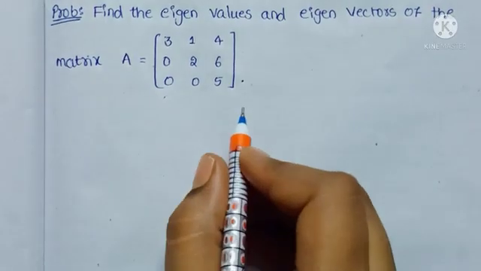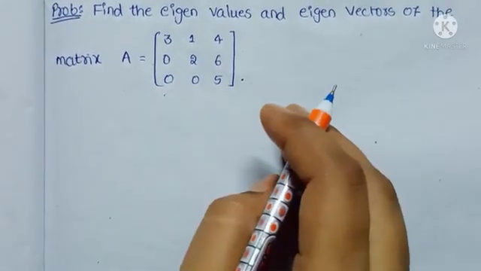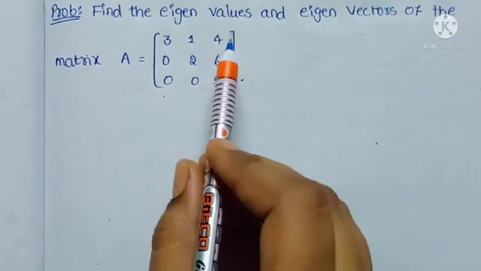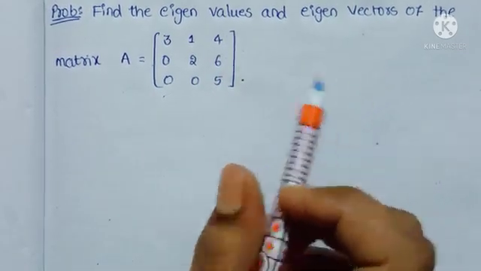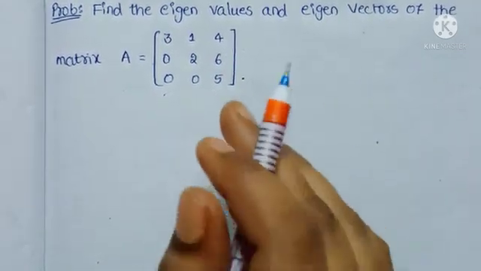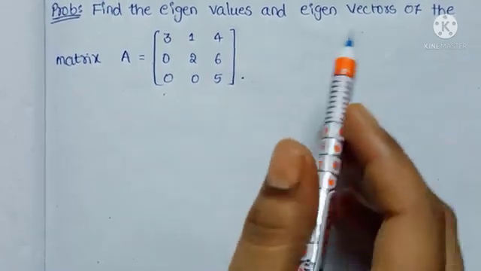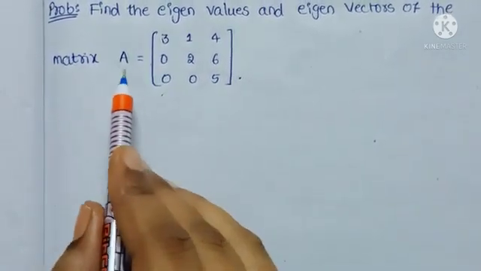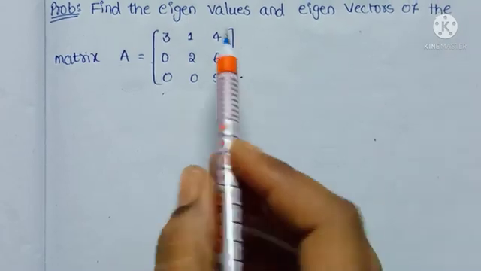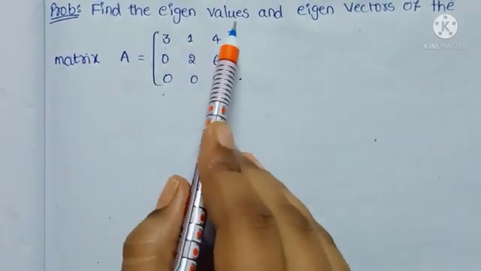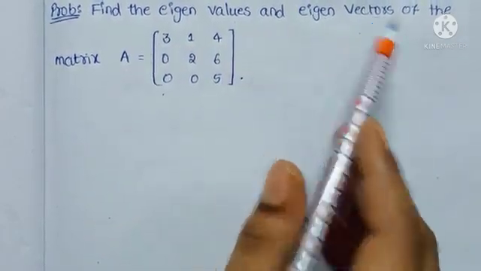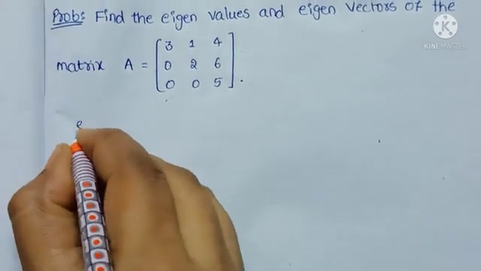Today we will see how to find the characteristic equation and eigenvalues and eigenvectors. So don't skip the class and watch till the end. Now coming to the problem, they are given a matrix and they are asking to find the eigenvalues and eigenvectors. If you see the solution,